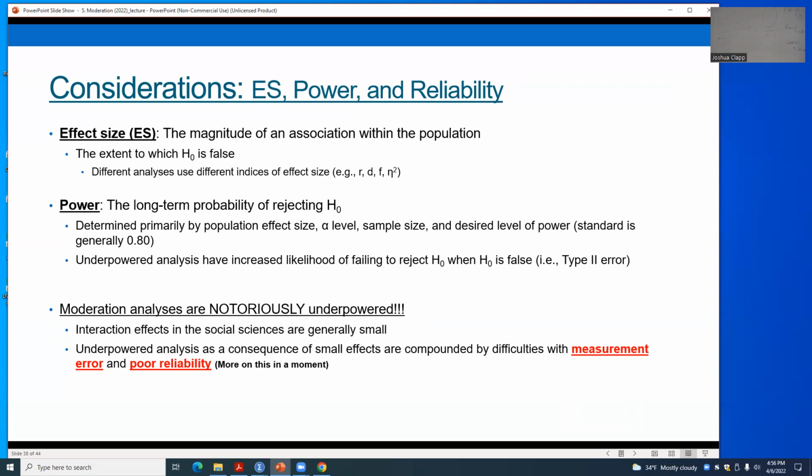Thinking about, as a preview to these last couple of slides, the reliability of our measures. If we're using unreliable measures, at least in the bivariate case, what does that do to our estimate of our associations? If I'm looking at the correlation of X and Y, and I throw a bunch of measurement error in there, what's that going to do to my estimate of that association? Yeah, it's going to bring it down. It's going to make it look like there's less of an association there because I've thrown a bunch of sand